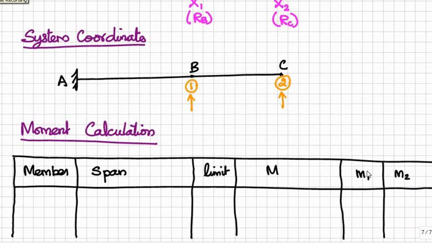In this process, we have to remove all the external loads and all the redundant forces. Just we have to apply unit load at system coordinate 1. Similarly, small m2 is nothing but the moment due to unit load acting at system coordinate 2. Here also we have to remove all other loads, only unit load at system coordinate 2 is active. So in this problem, we have 3 spans, or 3 members.